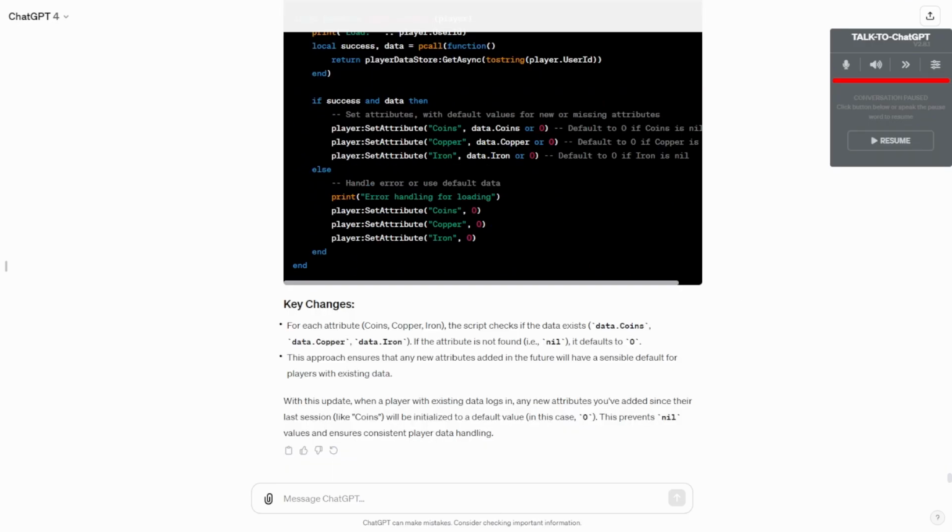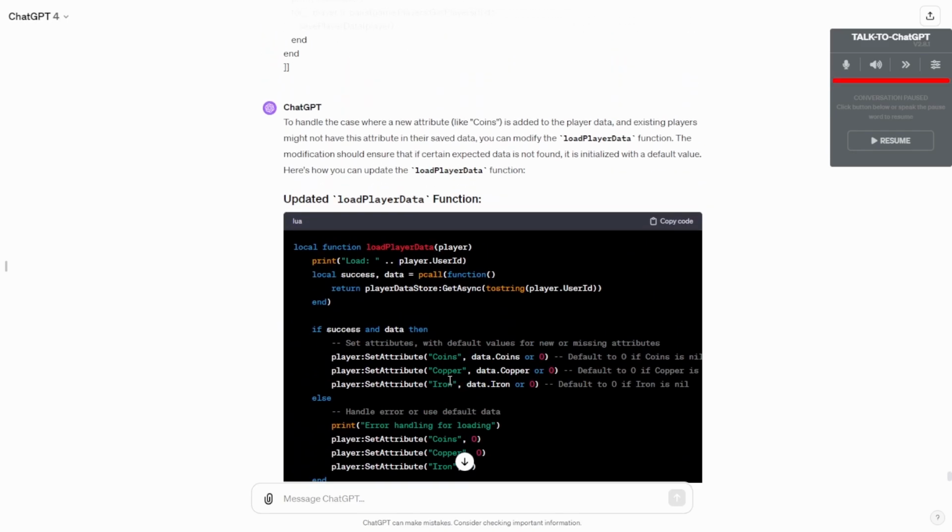Okay, so we just asked Charlotte to update our script for the data manager because before it was not handling the case where, if I added a new attribute to the player's data, it would not set it to 0 if an existing player came into the game that had already played before and didn't have that variable. For example, I added coins. Now we were playing and we didn't have coins before, so now that should handle that case. I also changed a couple of things